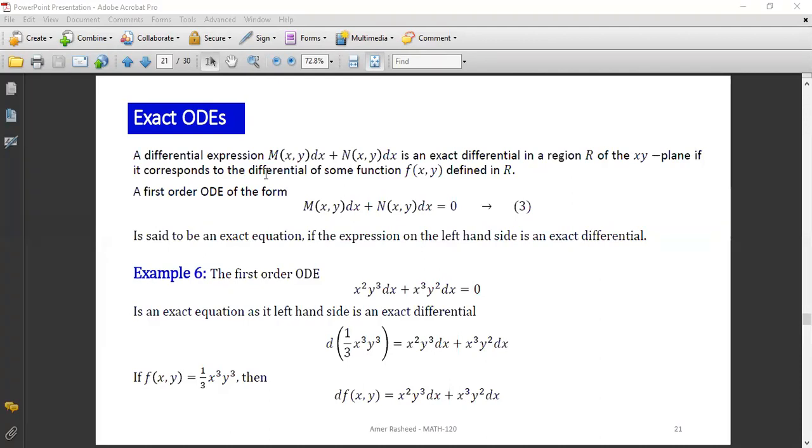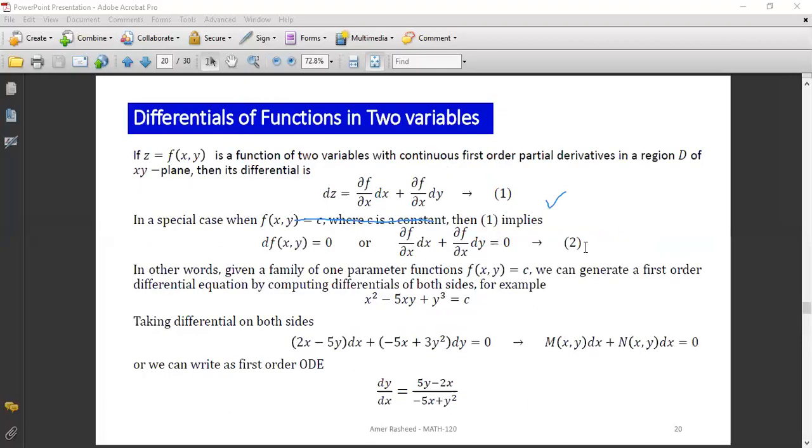This is your 3 here on this slide, this equation. And this is your equation 2. If we compare this equation with the next equation,